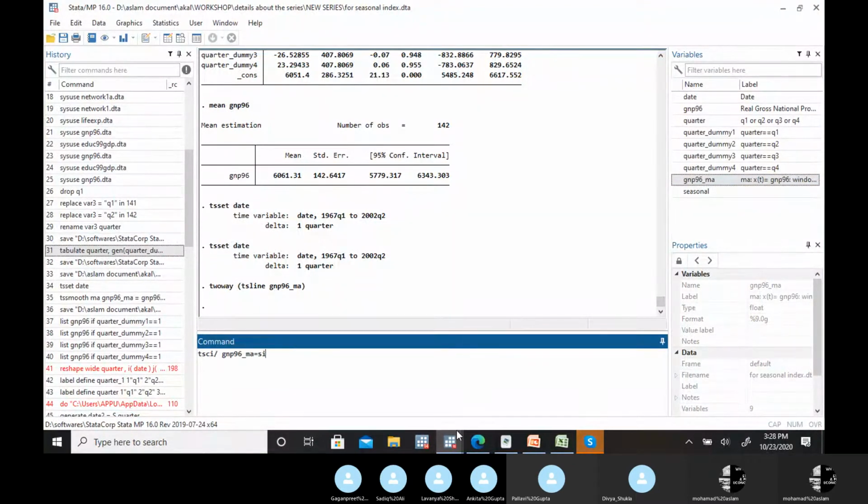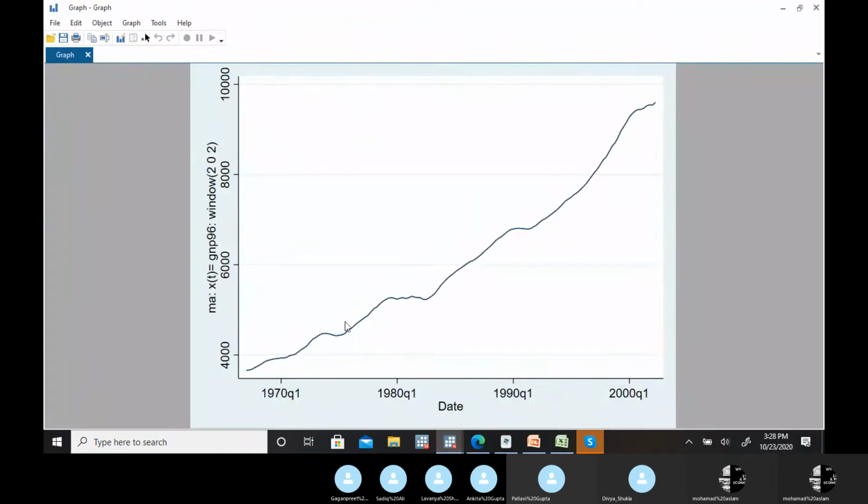If you see this graph, it's clear that this particular moving average is incorporating both the components, trend as well as cyclical, because we took a long duration. Yesterday, in those examples, I was taking the example of daily basis data. That's a quite different situation. Now here, in place of that, we have taken quarterly data, so the duration is long.